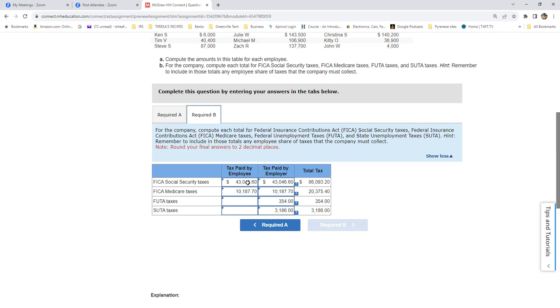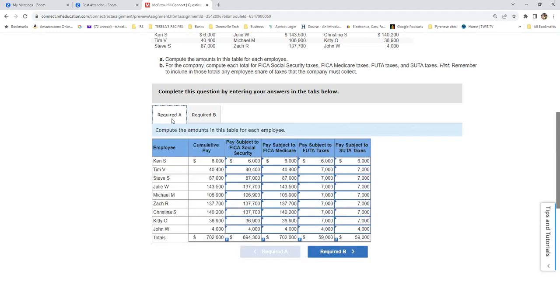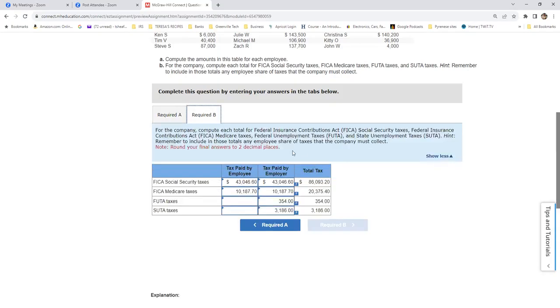And you're going to get that from your first column, I'm sorry, your pay subject to FICA. That's where you're going to get that from, all right? And then tax paid by the employer, those are the payroll taxes. And these two should equal, because remember I said the employer has to match what's deducted from the employee's check